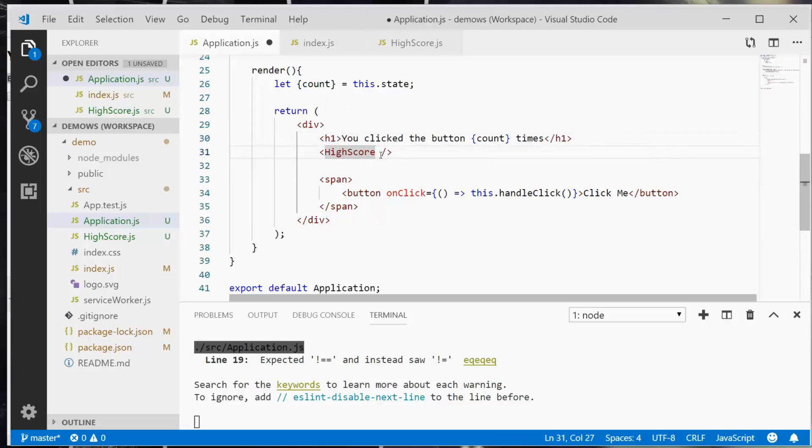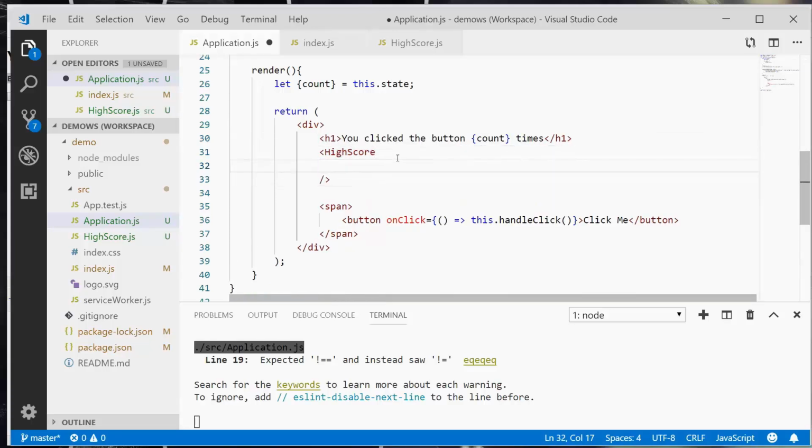So in high score, which is a self-closing element, I'm going to drop down to the next line, and I'm going to type in over10. You can create any property that you want. In HTML, the property names you can use are for the most part predefined, like setting a class name or an ID of an element. In React, when you're passing properties, you just make them up however you want to. So in this case, we're going to create a property called over10,